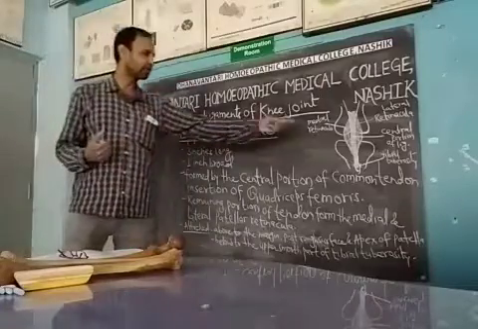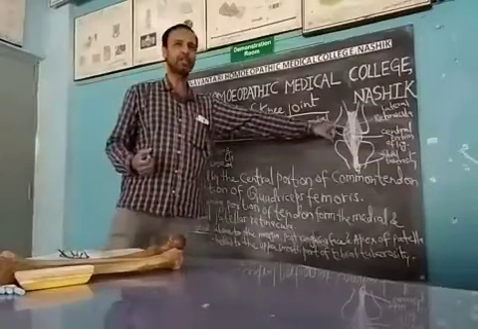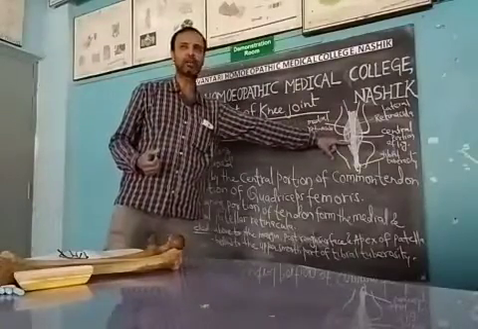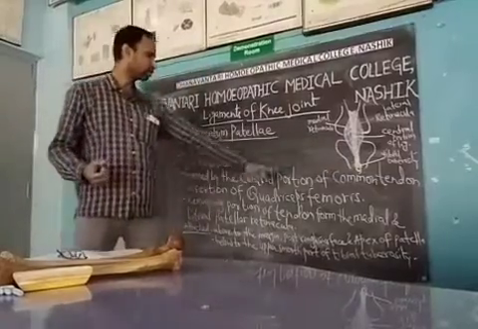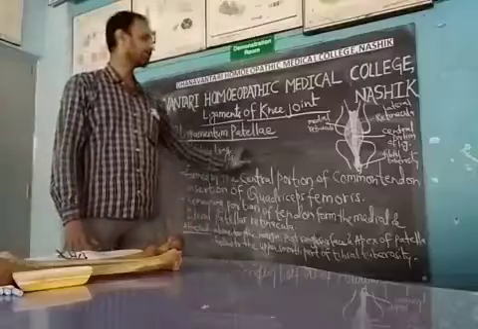As for its attachment, above it is attached to the margin, posterior part and the apex of the patella, and below it is attached to the upper smooth part of the tibial tuberosity. So this is all about ligamentum patellae.